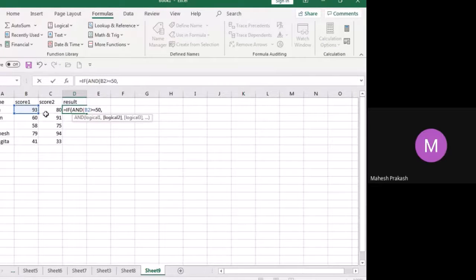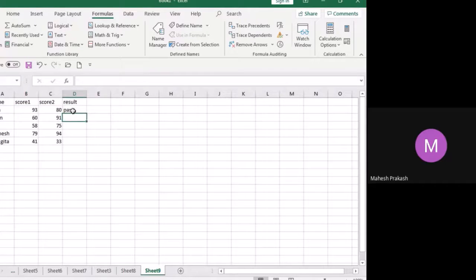Another value is if this value is greater than or equal to 60. These are my 2 values. Then, comma, pass, comma, fail.